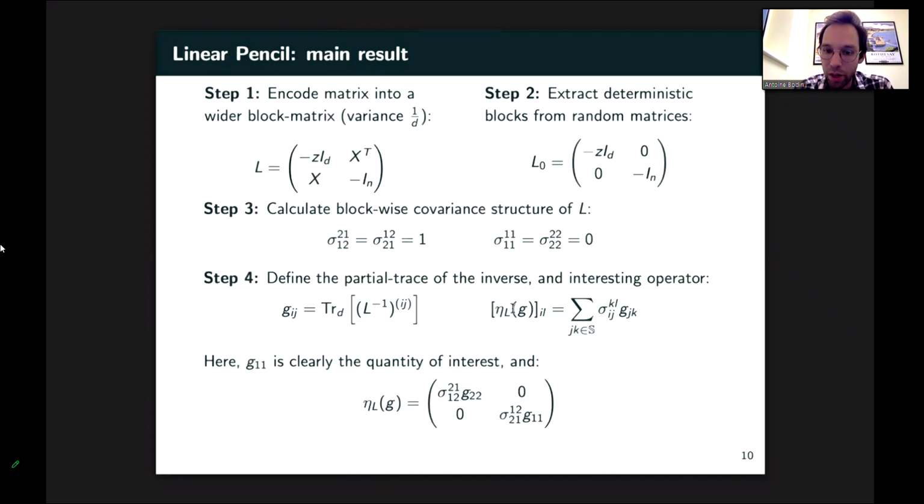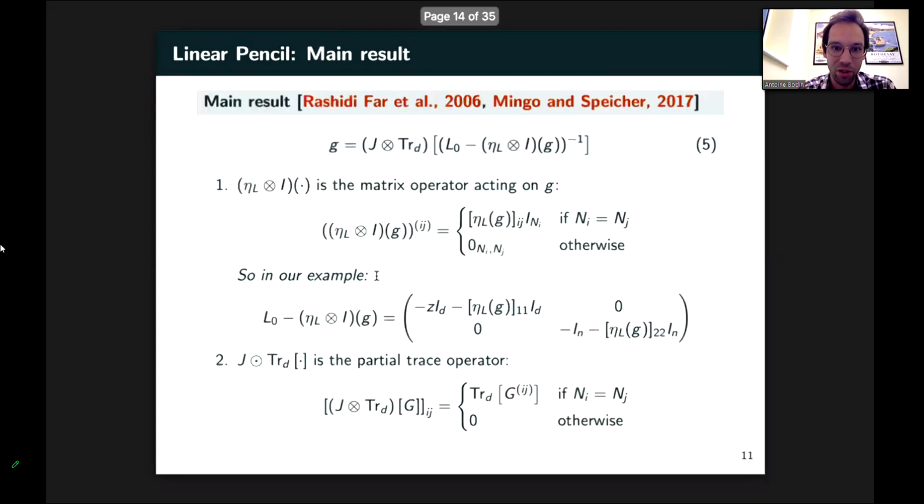And if you apply your operator eta L of J here, essentially you get back sigma 1,2 to 1, J22. So this is just J22, and at the bottom right-hand side, you get J11. And now, finally, the main result of this presentation, which will be a bit hard to digest, is the following result. I pretend that this J variable matrix that we've described earlier is actually